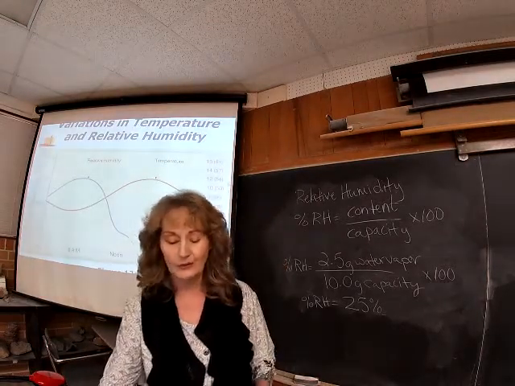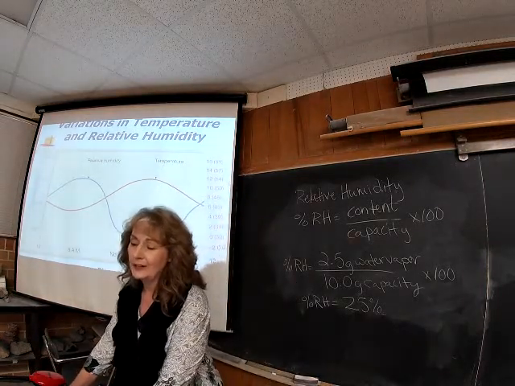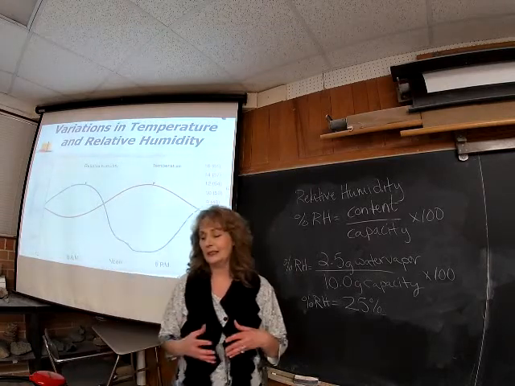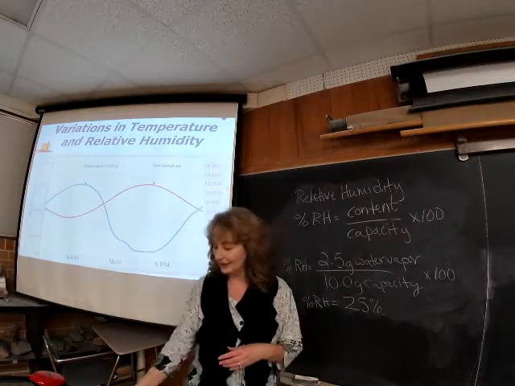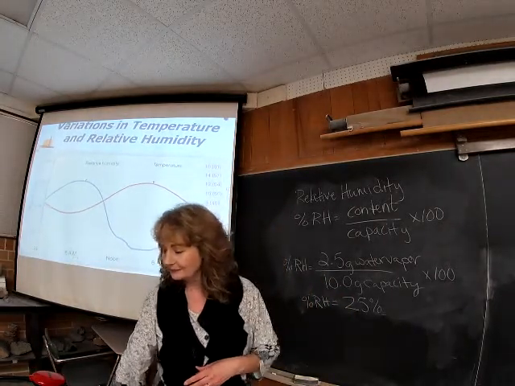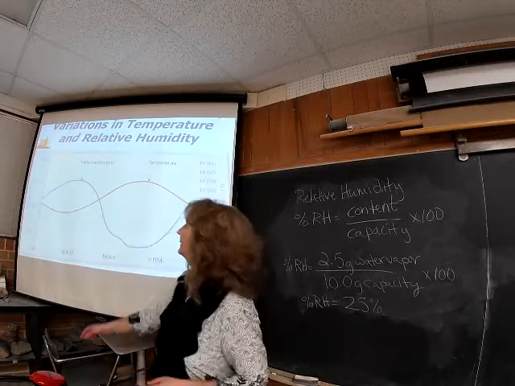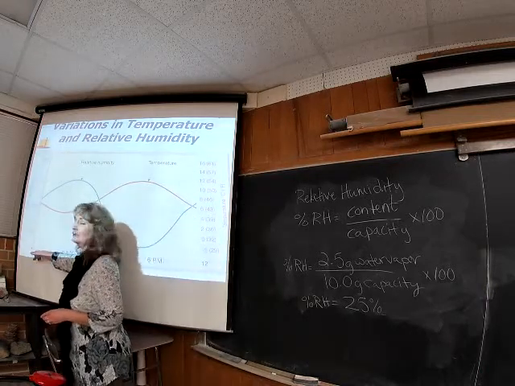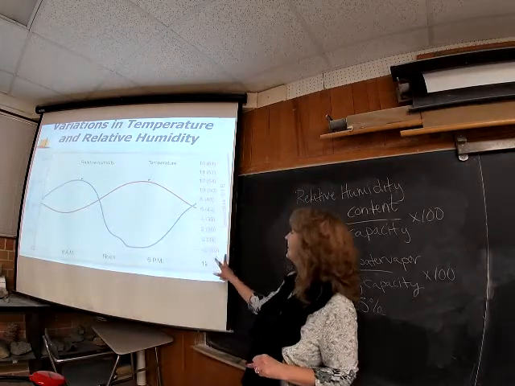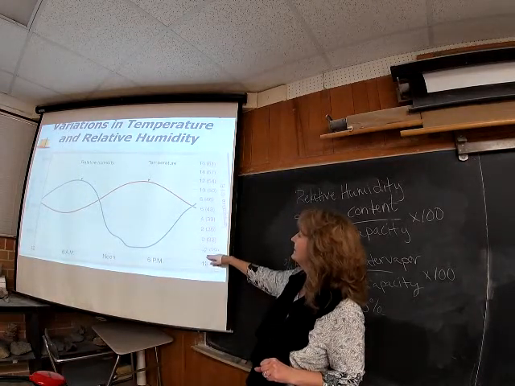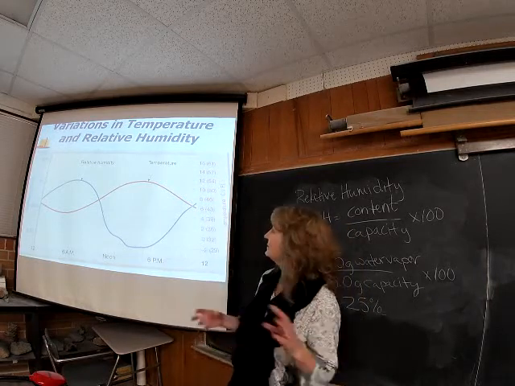Okay, and so in order to get the clouds, you do need those little particulate matter in there. I think they're going to talk about those and formally give you the name of that here in just a bit. But let's look at those variations in temperature and relative humidity, let's say over a scenario of a day and then to the nighttime, and how that's varying throughout the day. So let's take a look here on the left margin. We've got our relative humidity, percent relative humidity up along that column. Over here they've got two scales of temperature. Of course, this would be your Celsius here, and then in parentheses they've got the Fahrenheit temperatures, whichever you prefer there.